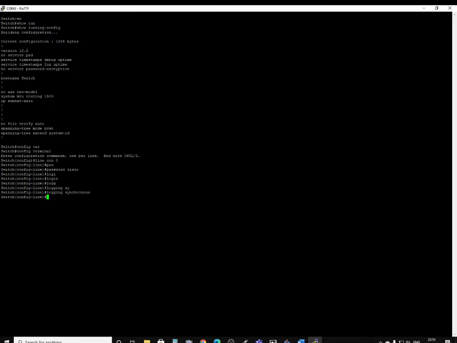So I would like to create a Vty password. That password is necessary if I want to remote into a remote switch by using telnet or SSH. SSH is secure, telnet is not secure, but you can use telnet to remote into a remote device. So I will type line